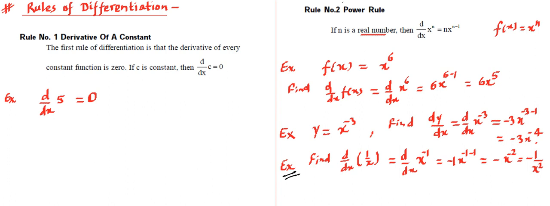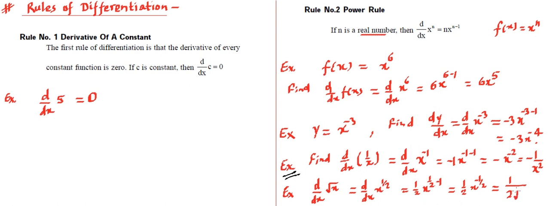Let me give one last example here itself, so that we can use this expression. So let's say we need to find the value of d upon dx of square root of x, or any power for that matter. If it is written as a square root, we can easily convert it into the power, and that power is going to be half. And then n value is 1 by 2, so we will be placing 1 by 2 x raised to 1 by 2 minus 1. So that's a rule, we are just following the rule. And then you'll find it's going to be 1 by 2 x raised to power minus 1 by 2, which we can write as 1 upon twice root x.